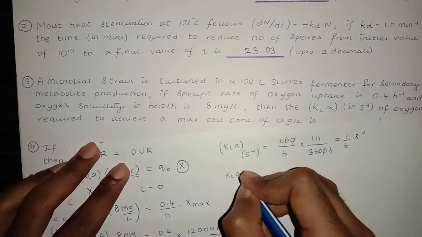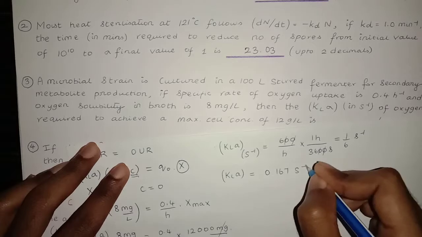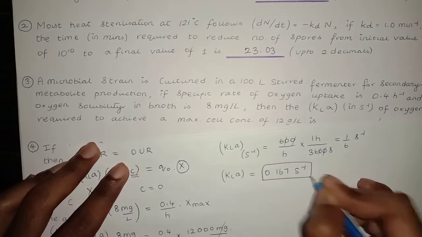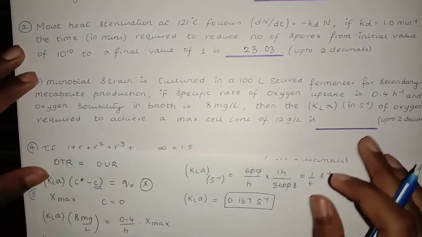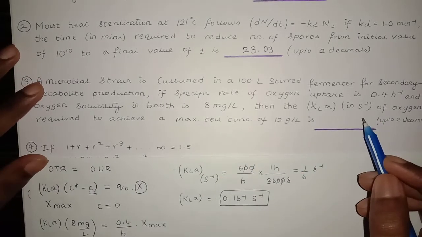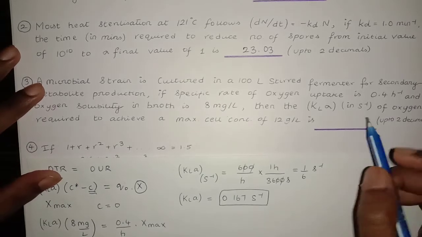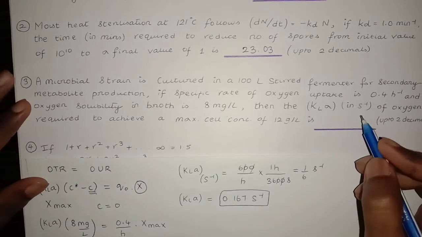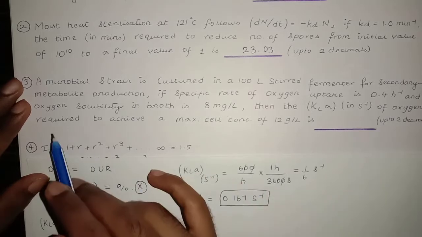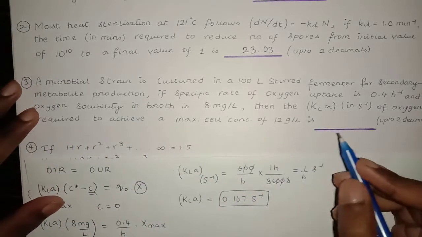Therefore KLa is equal to 0.167 second inverse. So the value of KLa, or the volumetric mass transfer coefficient in 1/second of oxygen required to achieve a maximum cell concentration of 12 gram per liter is